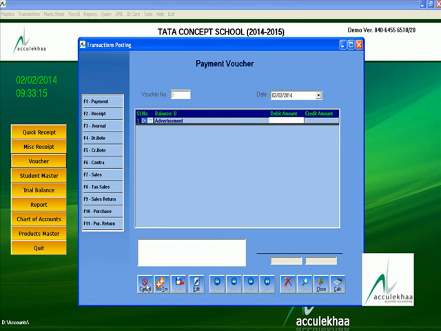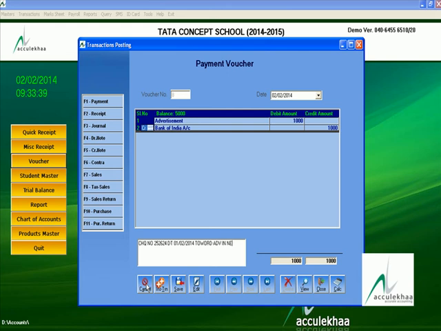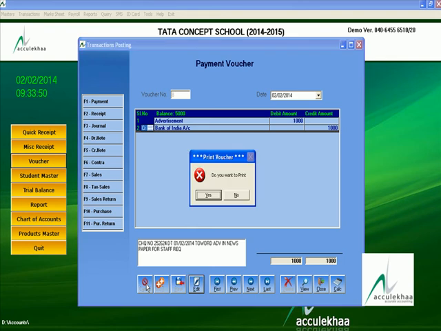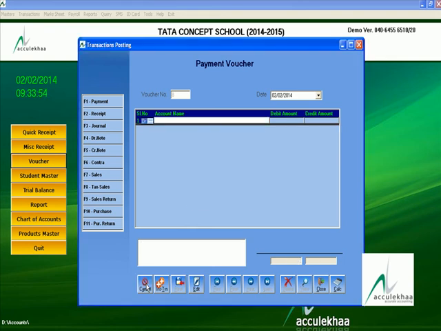suppose advertisement 1,000 rupees you are making by your Bank of India. Check number, dated, toward advertisement in newspaper for staff requirement. Enter. Enter. Like that you make all the payments from your bank,